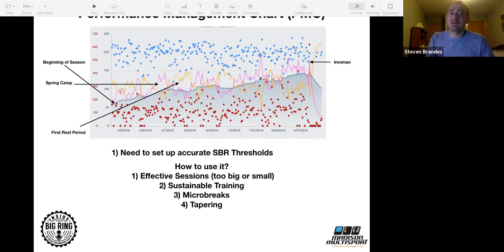For every athlete that I have, I give them breaks. If you don't take breaks, then you're just going to get burned out. It's inevitable. Nobody can train at that level of focus for 9 months, 10 months. You just can't do it. So you can see the first rest period, the yellow goes up, the pink goes down. He's fresh.